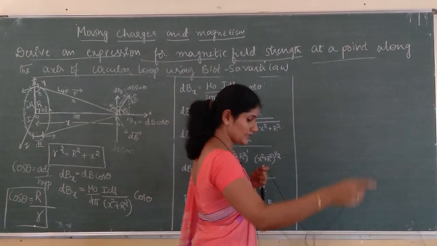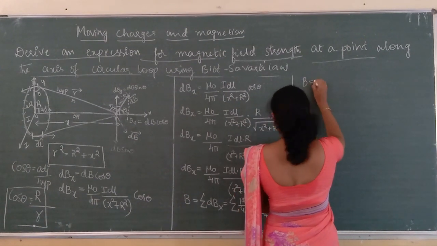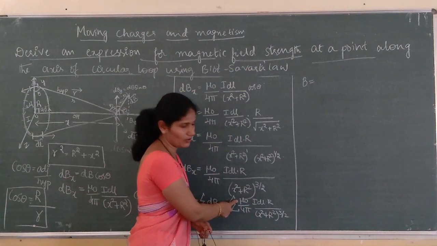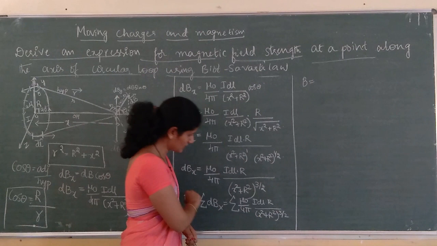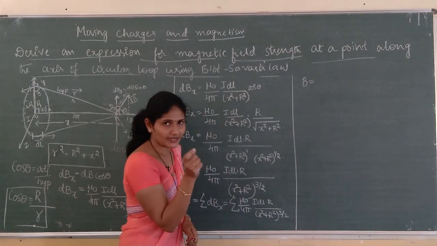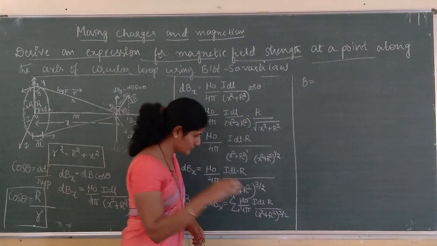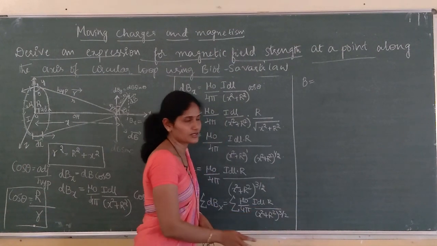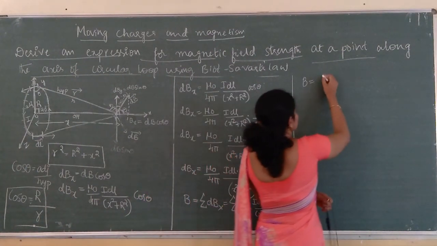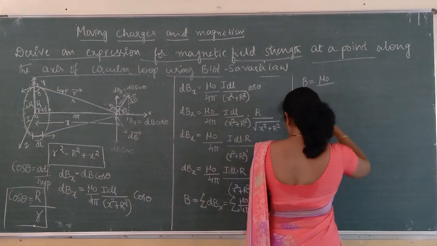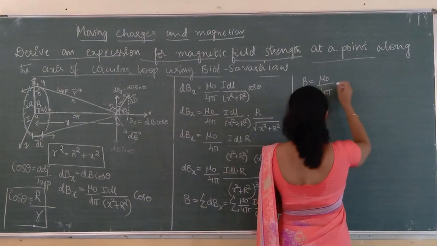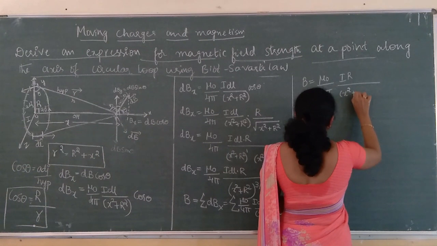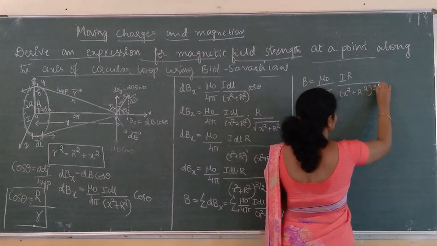Now B is equal to, so mu naught is permeability, it is constant. Mu naught by 4 pi is constant. What is I? I is the steady current, so I is also constant. In this example, I is constant. r is the radius, constant. x is constant, r is constant. So all the constants, I will take outside the summation symbol: mu naught by 4 pi I r divided by x square plus r square to the power 3 by 2